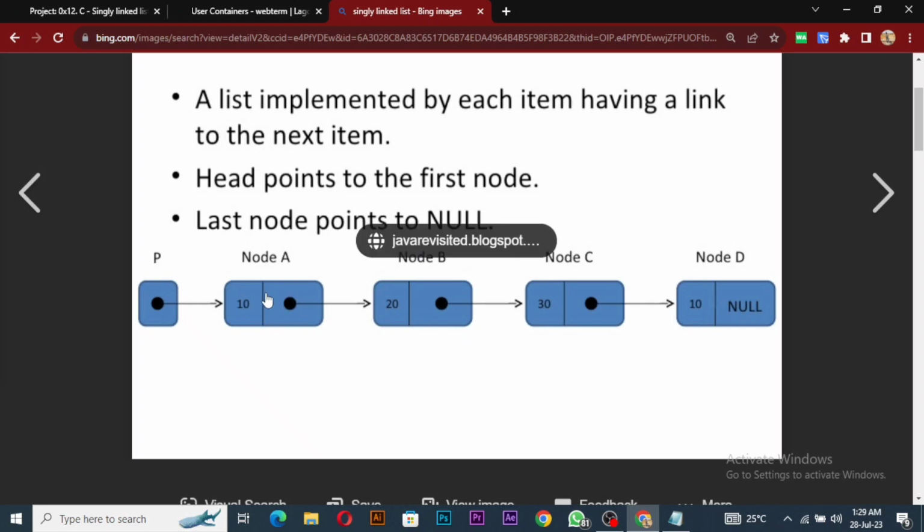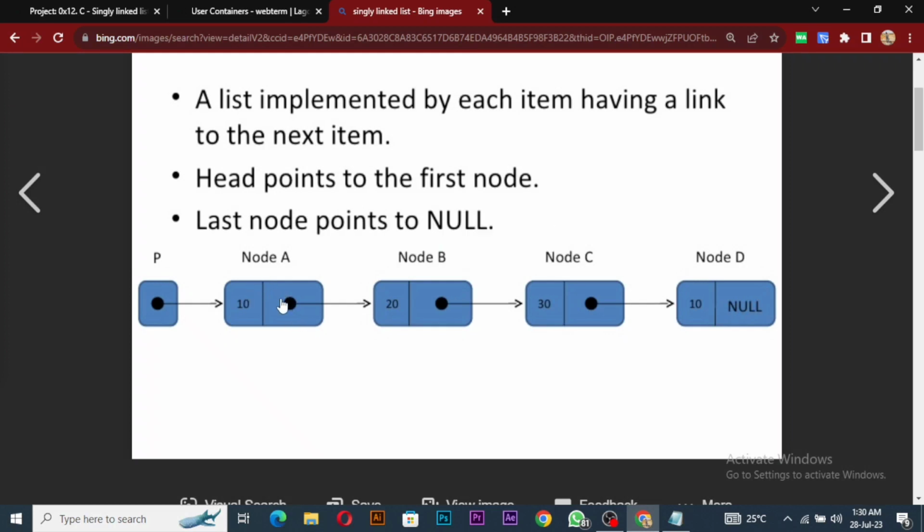Without this, the node will just be alone, so it needs to connect to something else. We can truncate this and make this connect to another number. So the two together is called a node. It is called node A, node B, node C, node D. This other one is still called a node, but it is now a pointer used to point to the first node. And once you have the first node, and you know that it is pointing to the second node, once you grab the person's neck,